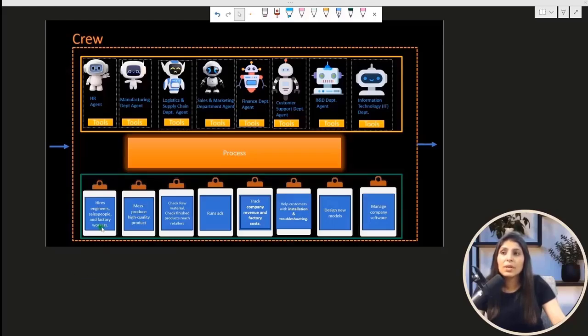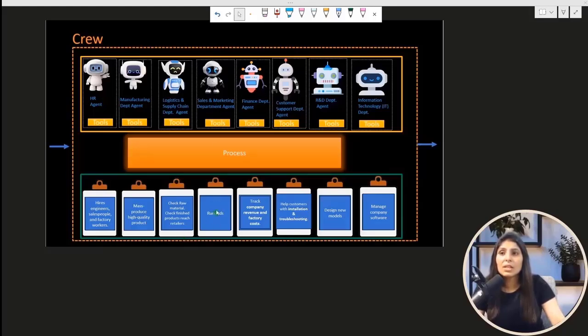This task will be assigned to the HR agent, and the goal is to recruit more people. Then this task can be assigned to this agent, and the goal of this task is to perform the production and complete the production in time. Then we have this task. This task can be assigned to the logistics and supply chain department agent, right? And the goal is to get everything on time.